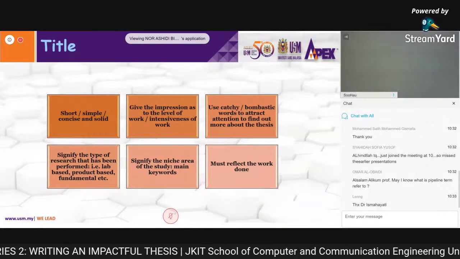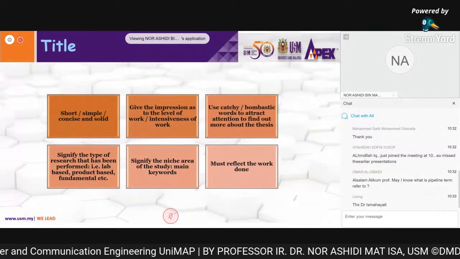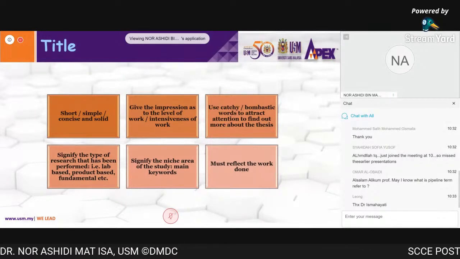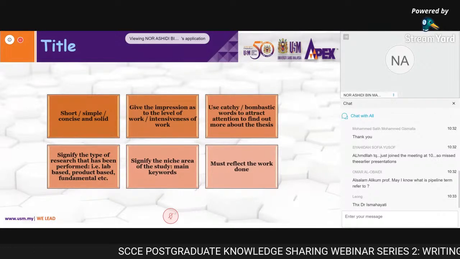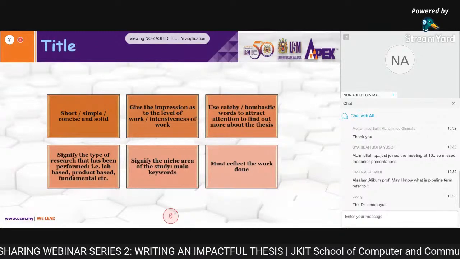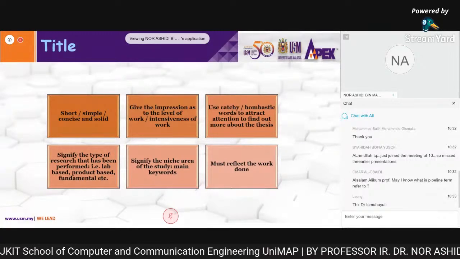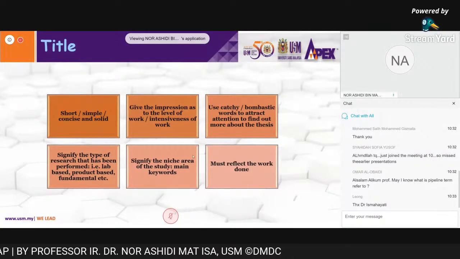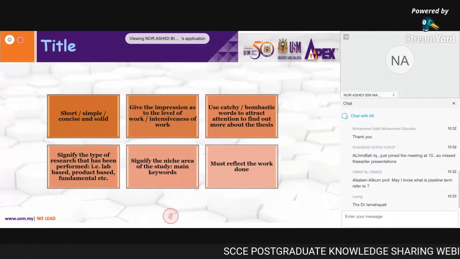For example, some of you also use robust techniques of. Robust is also a very big word. Please do not be too ambitious. Please know your level. Use only modified or new, it's okay. It's not to impress the reader by using robust techniques or novel techniques, because novel and robust are very big words.